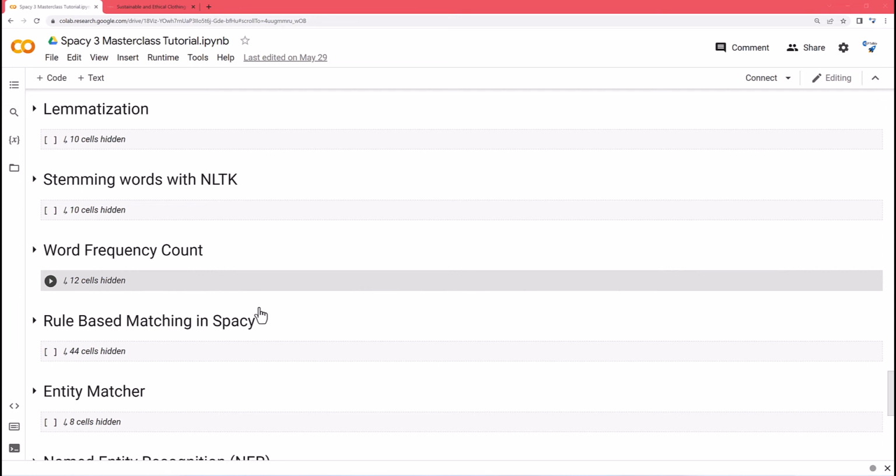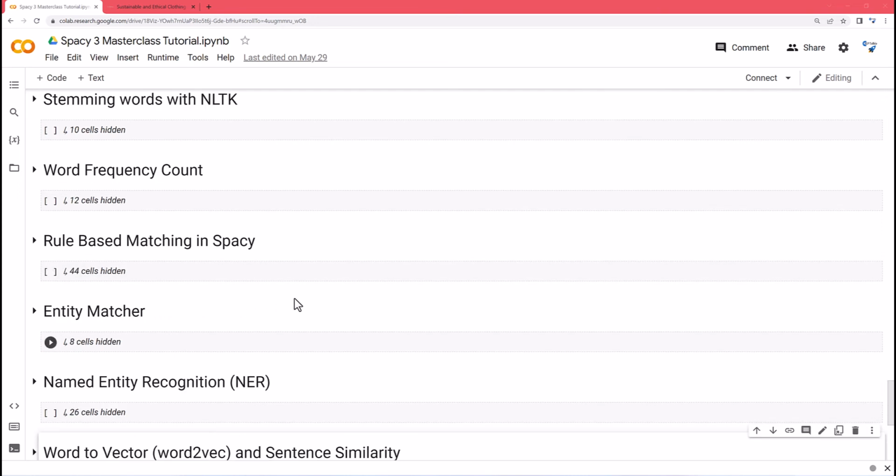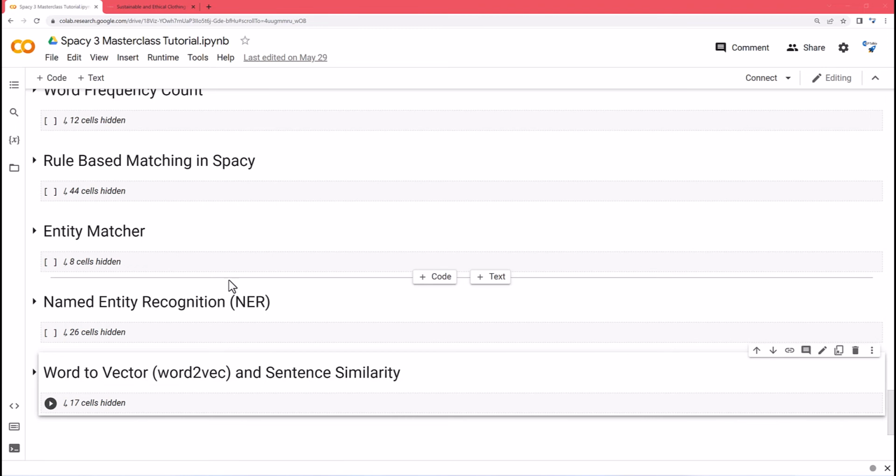Thereafter, you can do rule-based matching in Spacy. Rule-based matching in Spacy is very useful when you are working on an unstructured data set and you want to match some particular entity. There is the entity matcher. It is a kind of rule-based matching in Spacy, where you match the entity based on the rule which you define. Then finally, we will be discussing named entity recognition, and then word to vector and the